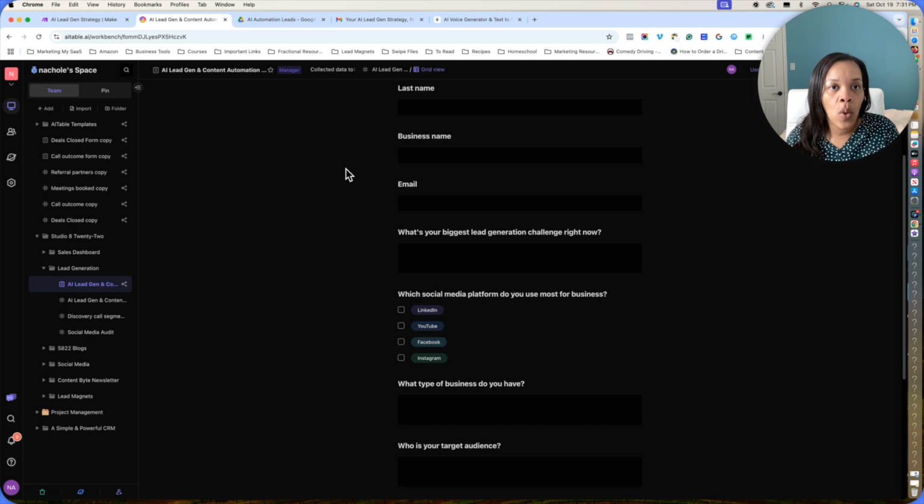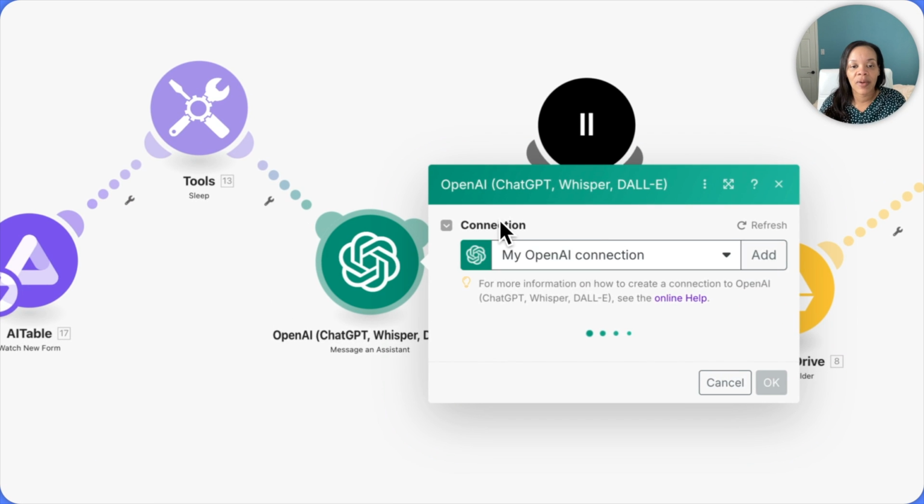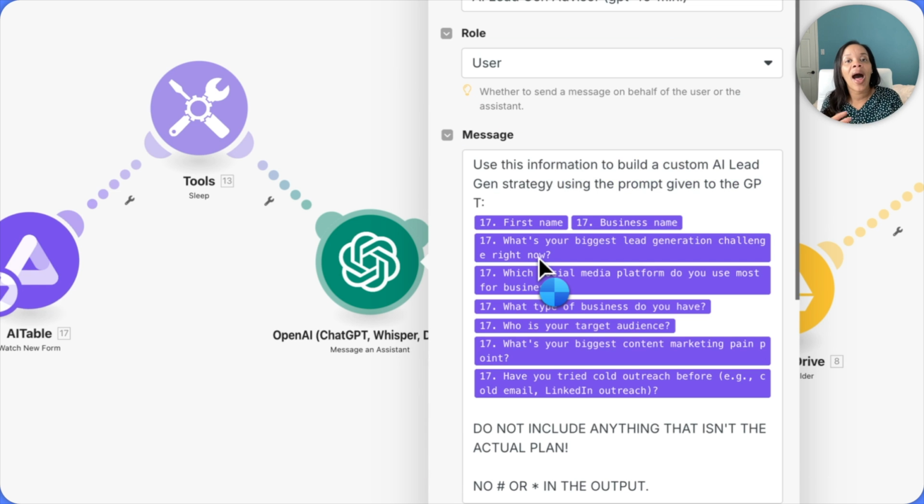So from that form, this information is going to go into a sleep function. I have that here just for a little pause. It's not actually necessary, but I just didn't want the scenario zooming through everything. After that, it's going to go into ChatGPT, and I have it as message an assistant versus create a completion, simply because I have created an assistant in the back end of ChatGPT, and I have entered in the information here on how I want